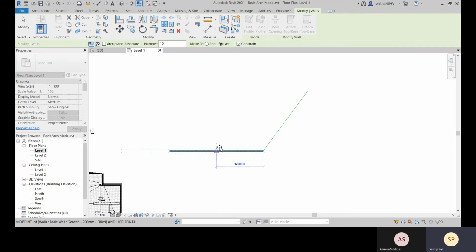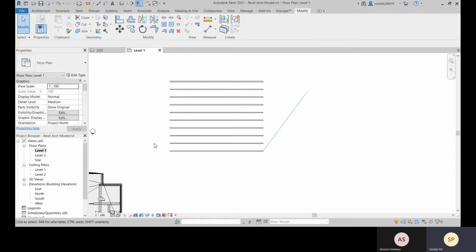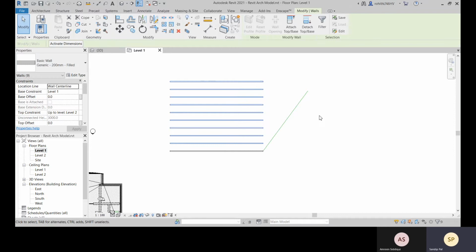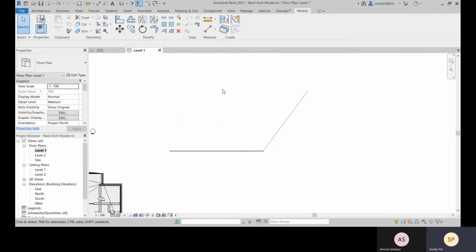You make it constant, the move direction constant, the horizontal and the vertical. Then you can only make the array in this direction or the horizontal direction. So make sure that when you are having a problem like this, the move direction is constant, so you have to uncheck this.